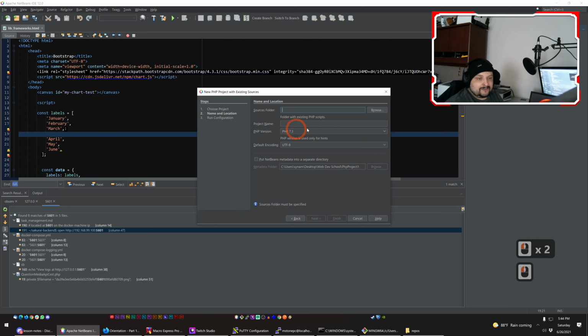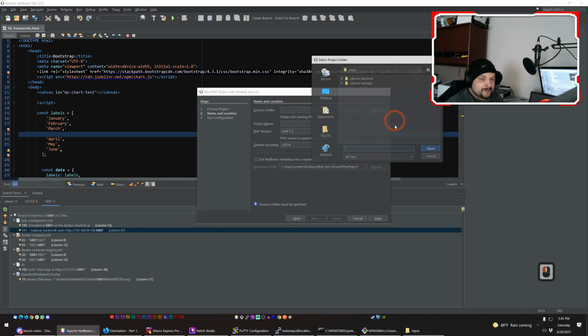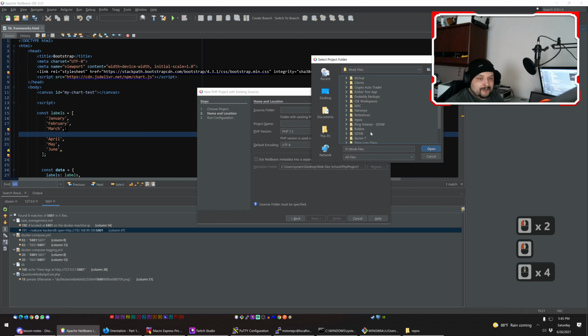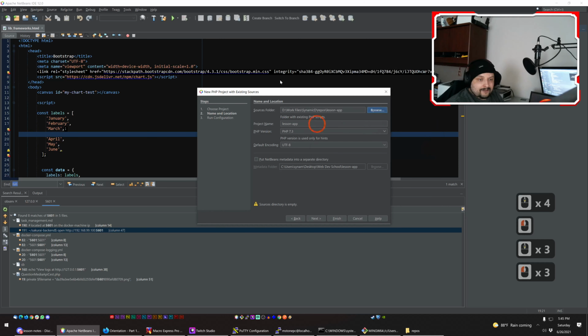It doesn't really make a difference unless you want the code hints. I don't like the code hints, so I use PHP on purpose because I know it's not a PHP app. I don't really want NetBeans trying to work out my project for me. That's just me. But anyway, I'm going to navigate over to where that folder is on my computer. I created it here, so it's going to be lesson app,